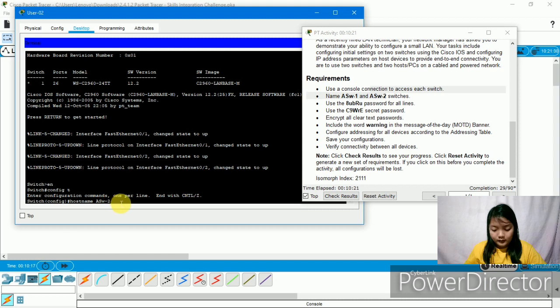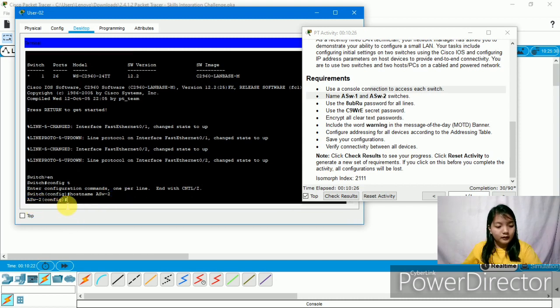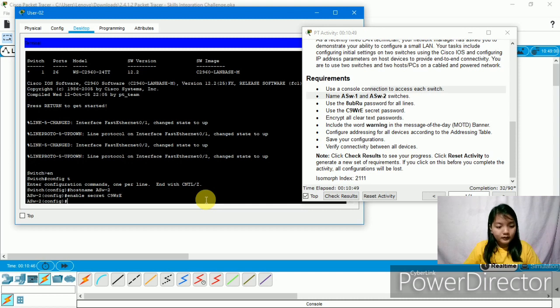Again, it changes here. Then next we will do the passwords. We'll do first the enable secret. The password again is C9WRE. And then for the line console 0,